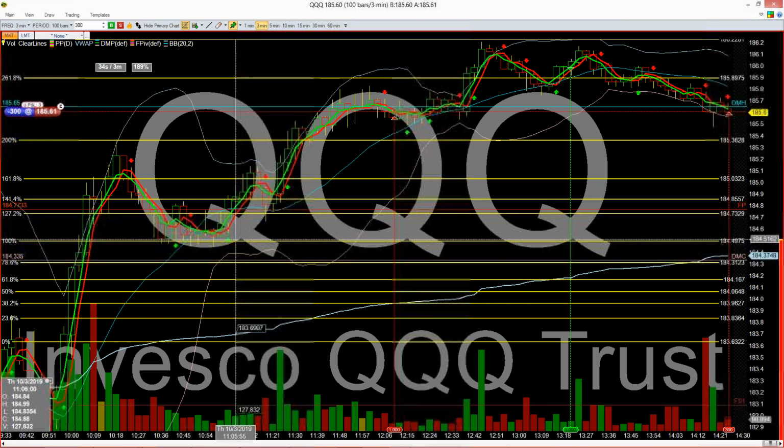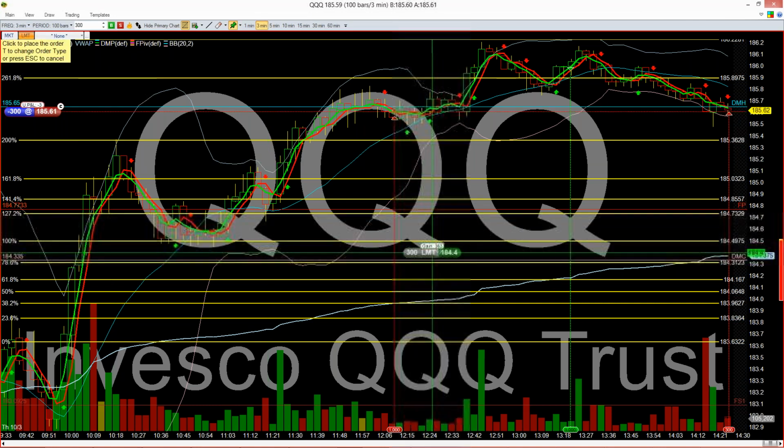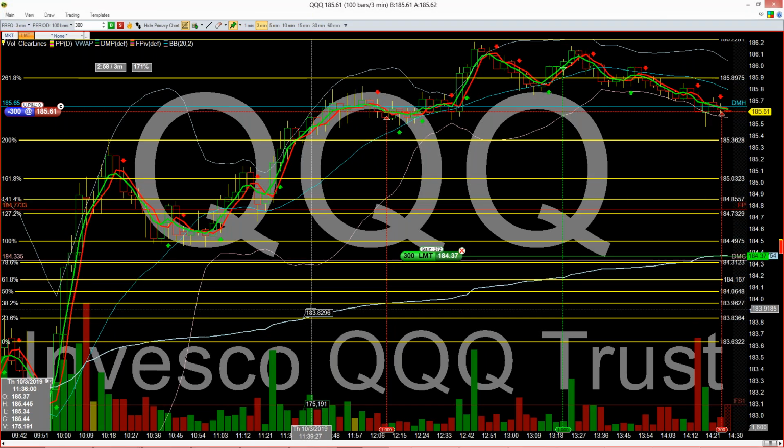And then if I want to set a limit because I think maybe it's going to come to my target, I could set a limit down here. I don't think it's going to get all the way down here. That would be a miracle if it gets there in the next 30 odd minutes. I mean, I guess it's possible if the market rolls over and dumps like it did earlier this morning, it could get all the way down there. And for now, I could set my limit just in case, out of the weirdness of this market, something does happen and it happens to dump and sell off. I can quickly